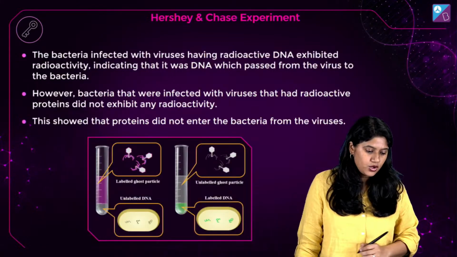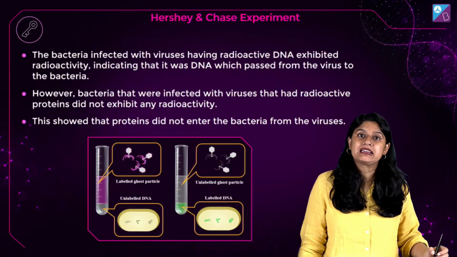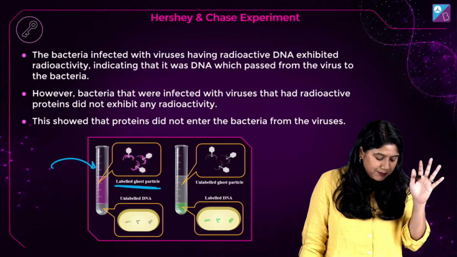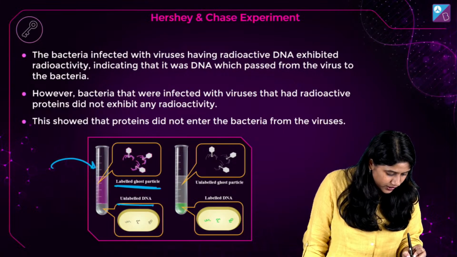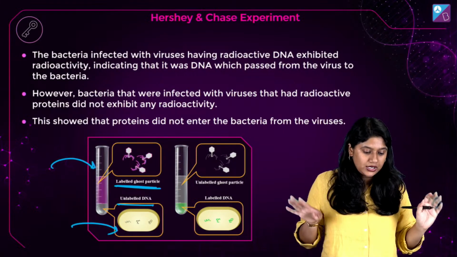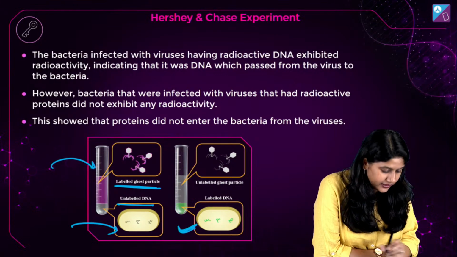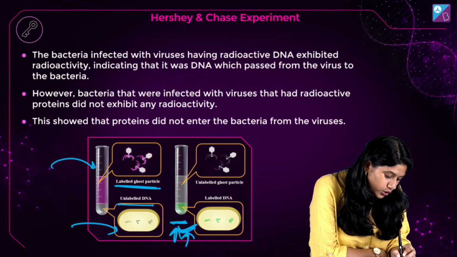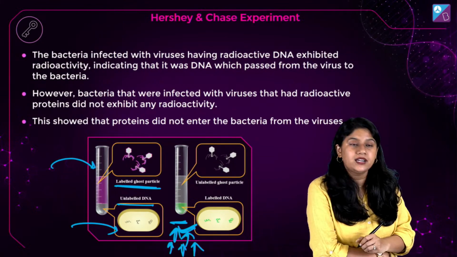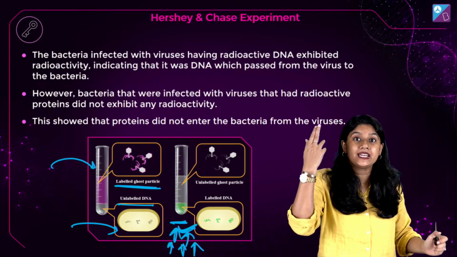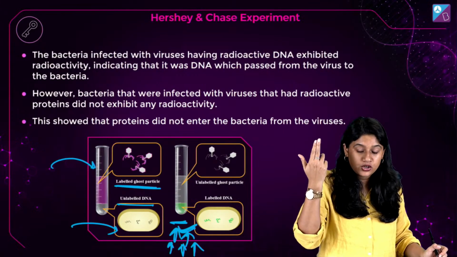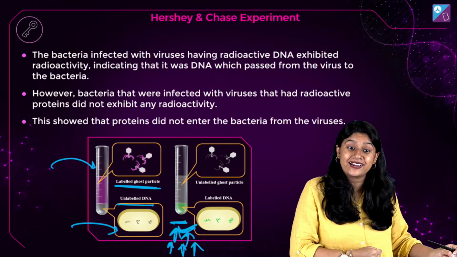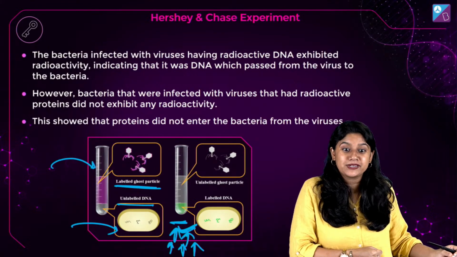राइट? सो आफ्टर द एक्सपेरिमेंट वी कैन क्लियरली सी कि we have the ghost particle, the labeled ghost particle over here, and unlabeled DNA. So unlabeled DNA यहाँ पे आ गया, which has no color, right? And over here we have the labeled DNA. So जहाँ पे we have the labeled DNA, जो DNA चमक रहा है, that means that it actually got the information from the DNA, from the bacteriophage. So hence with this particular experiment, the scientists concluded that the DNA is the genetic material.